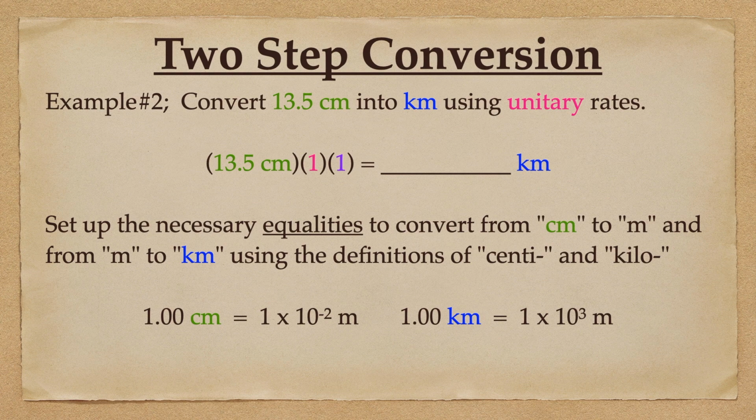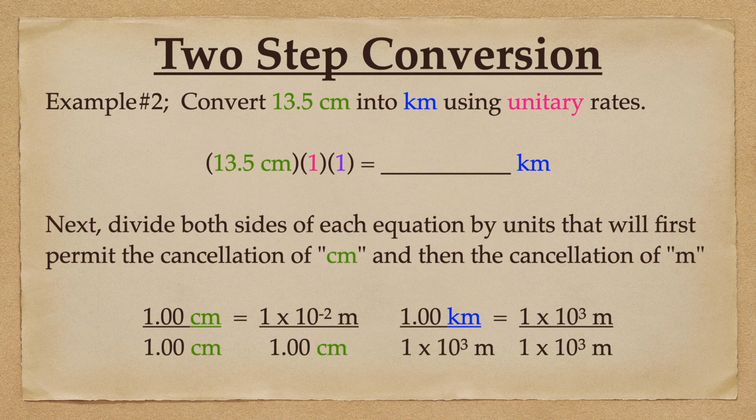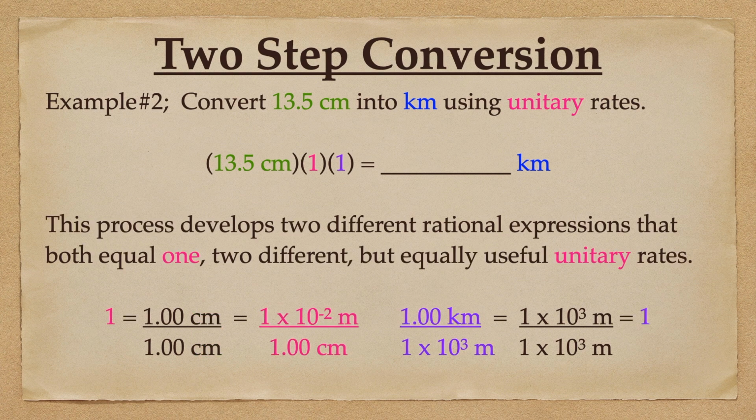1 centimeter equals 1 times 10 to the minus 2 meters. Divide both sides of this equality by 1 centimeter to place the unit centimeters on the bottom. 1 kilometer equals 1 times 10 to the 3 meters. Divide this equality by 1 times 10 to the 3 meters to create a unitary rate. These 2